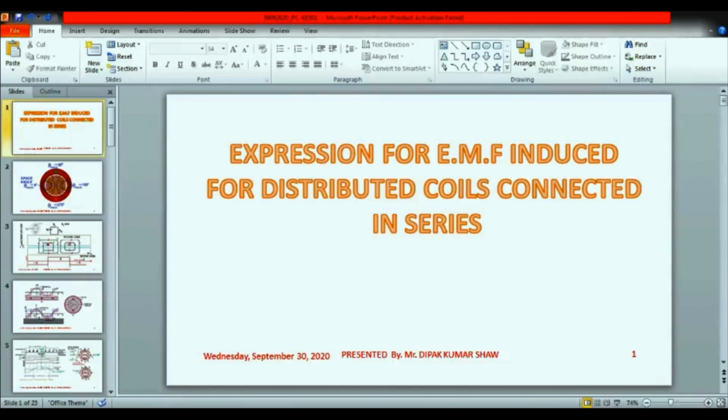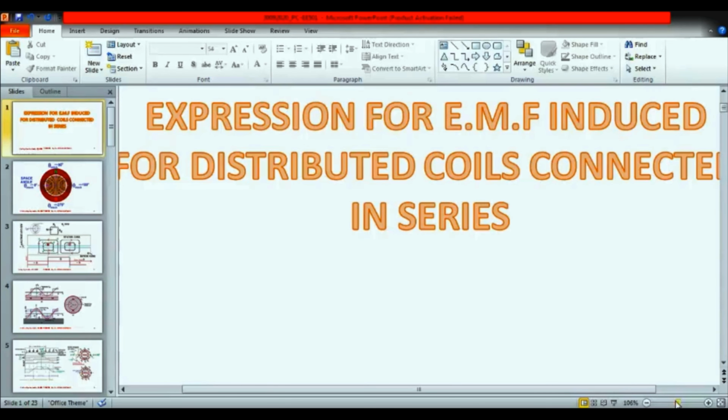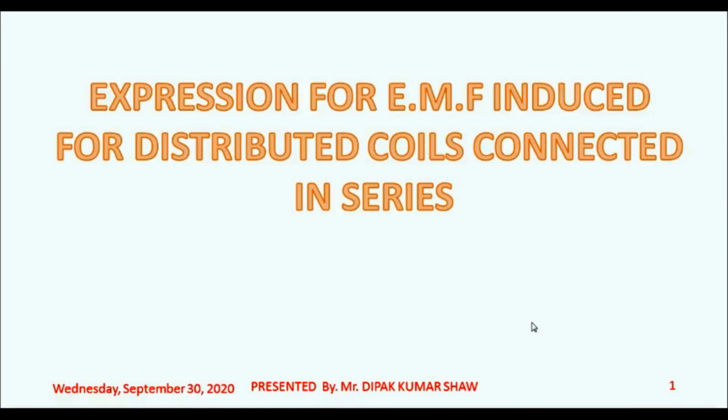Now we are interested in deriving an expression for EMF induced for distributed coils which are connected in series. So this particular portion can be thought of as the continuation of the previous class. In our previous class, we derived the expression for EMF induced in a single multi-turn coil. So now in this class, we are interested in finding an expression for EMF which is induced for distributed